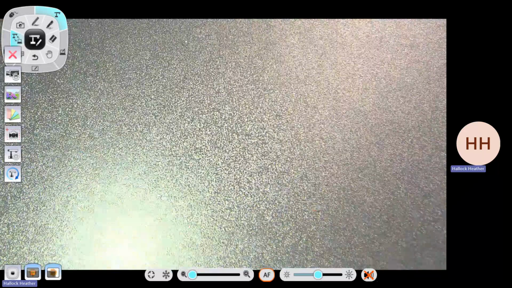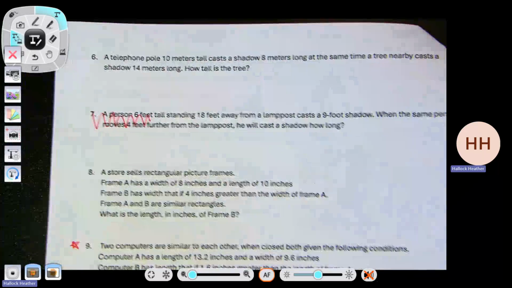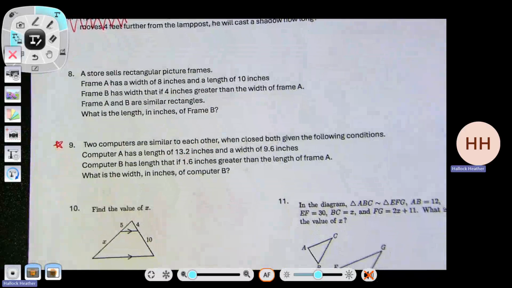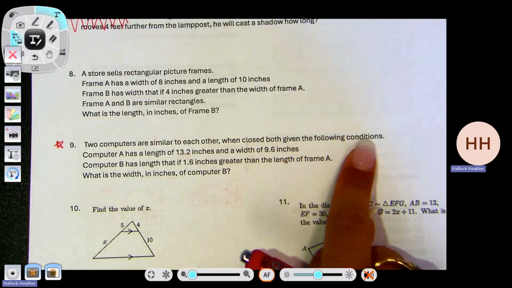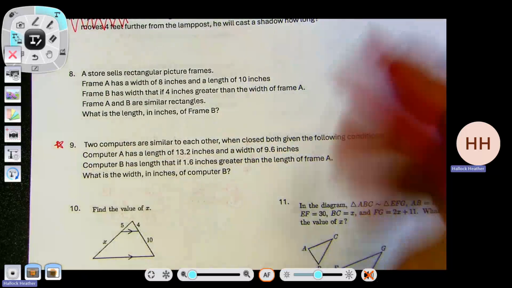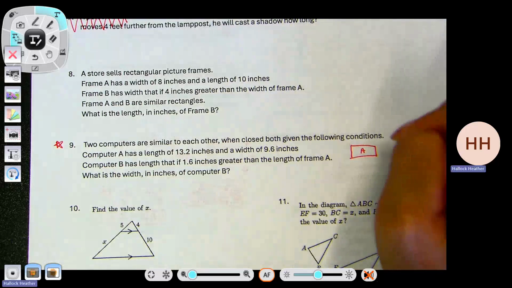So if I flip my page, you can cross out number 7. Cross out number 7. It says a 6-foot person. We're going to go to number 9. So number 9 says 2 computers are similar to each other. When closed, they give the following conditions. Computer A, so if I have computer A and computer B,